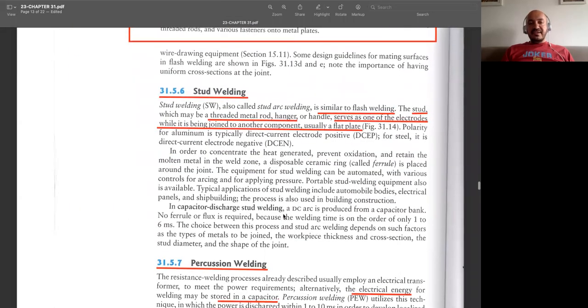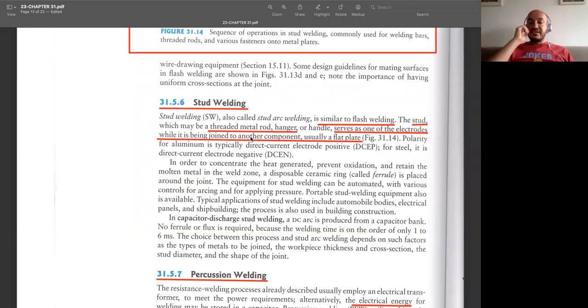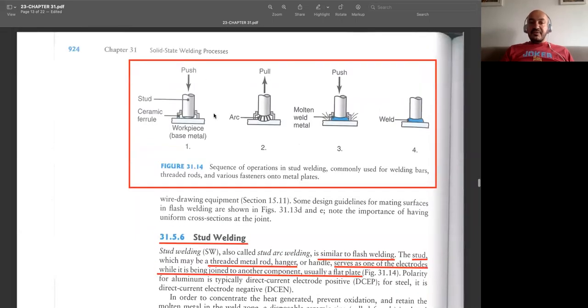Now we have another arc type of electrical resistance welding process. This is called stud welding. In stud welding, we are usually trying to weld screws, bolts, nuts, and fasteners onto flat surfaces. I will show you a video about this process in the lectures. They have a gun, and with the help of this gun, they simply push this stud or screw to the surface, and then we will be